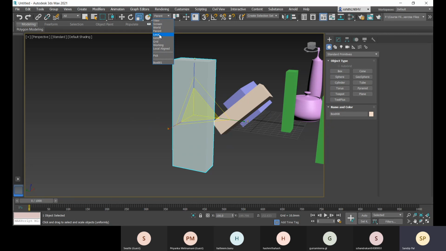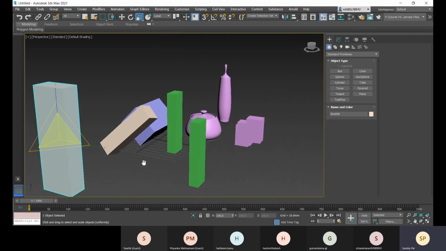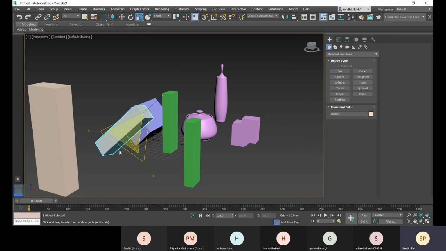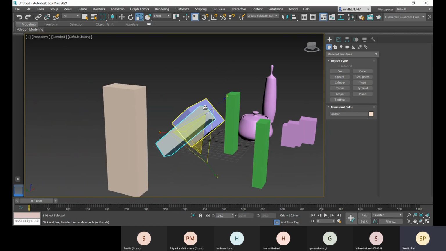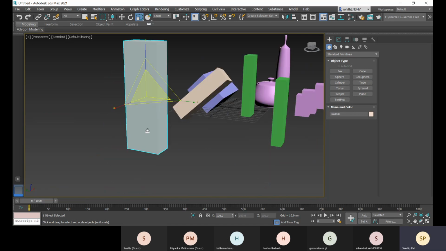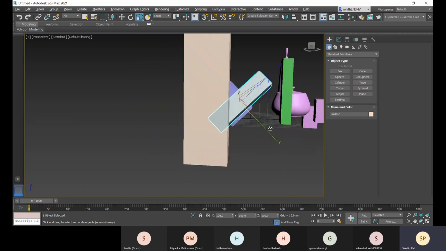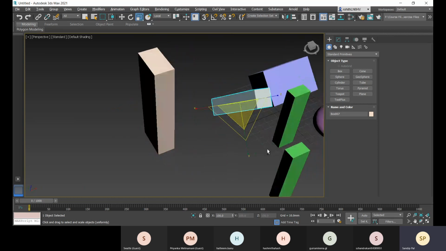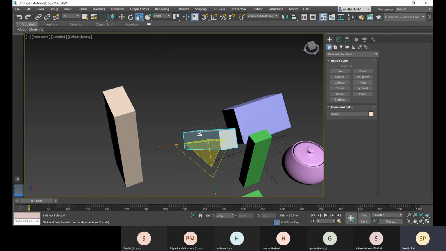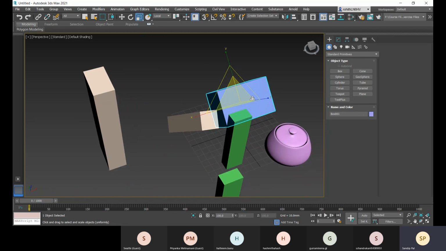That is local. So local will give you more flexibility. Whatever the object is, when you select that object, it will align as per that. No matter if the object is like this, it will update itself this way, and for this, it will adapt itself. For this local object, the coordinate is as per this local object. For this object, when you select this, it is as per this object.